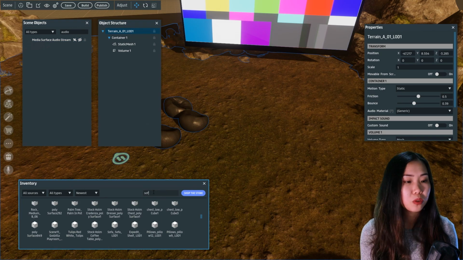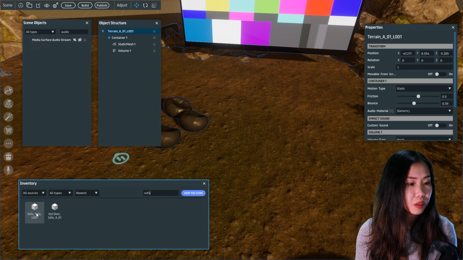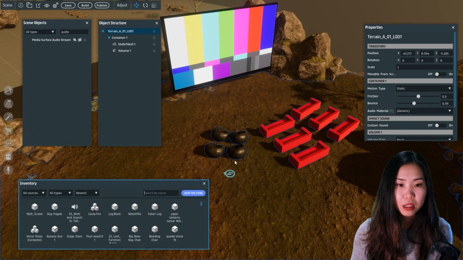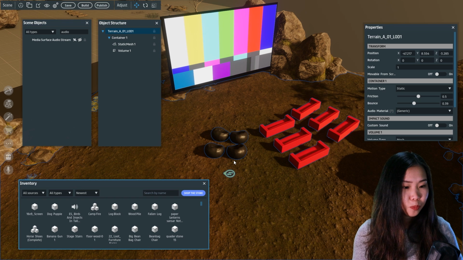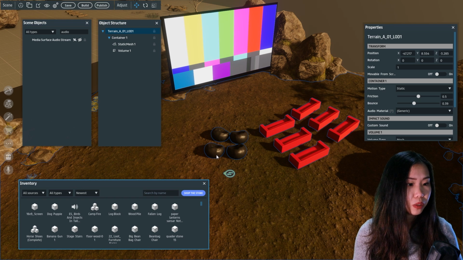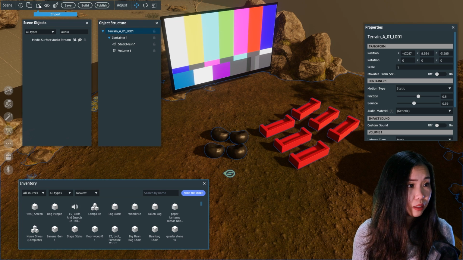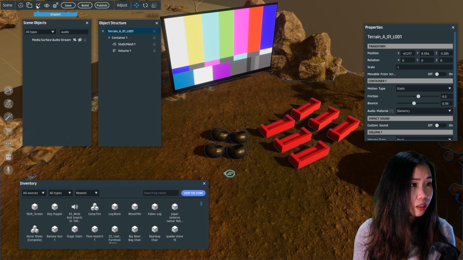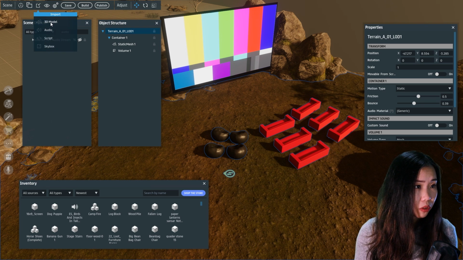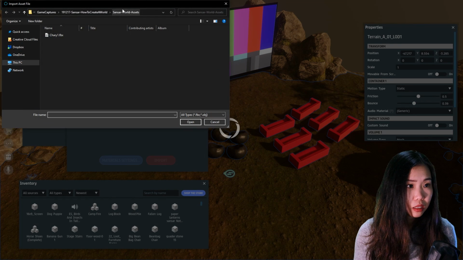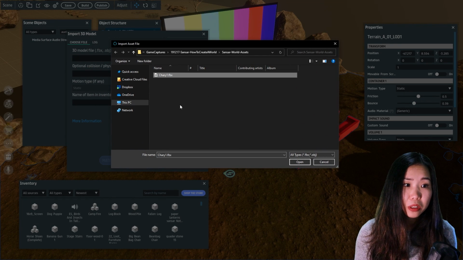So I want to add some more sofas or something. Like this one. So before we add some decoration, I wanted to show you that you can also import 3D models. So let me show you how you can do that. For example, I already have a 3D model that I want to import. Right here, if you click on import at the top left of this screen, you can import 3D models. And here you can browse. And I have a 3D model that I want to